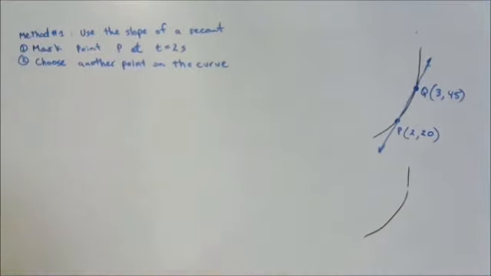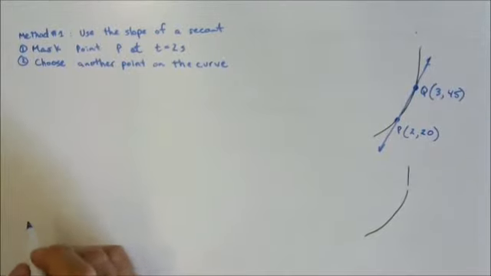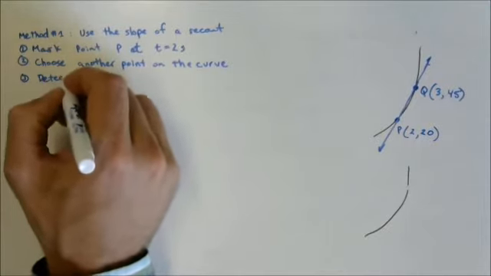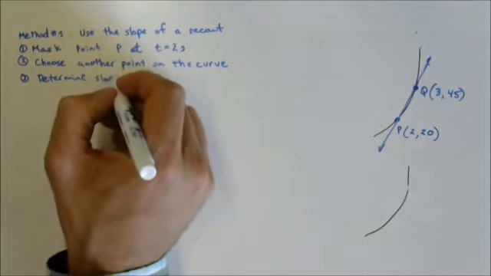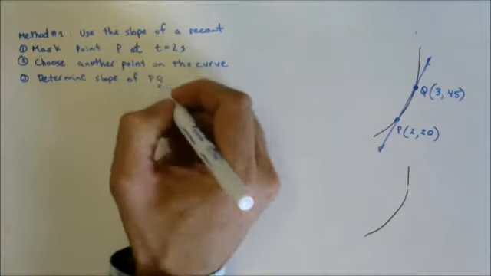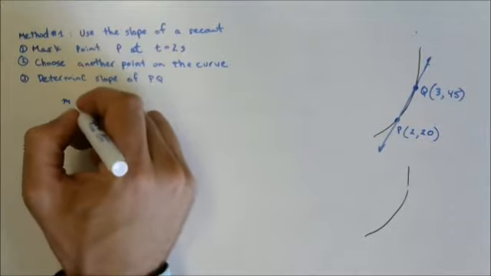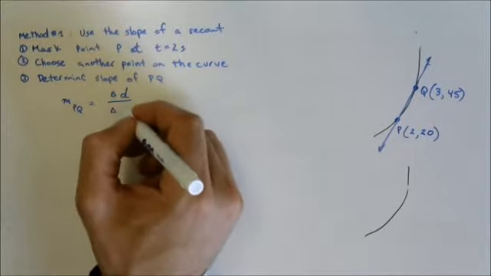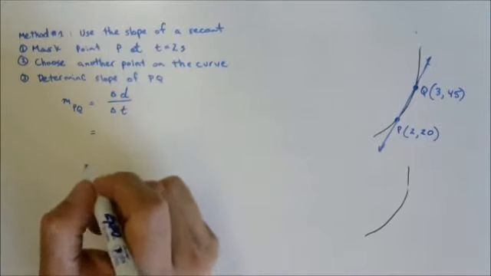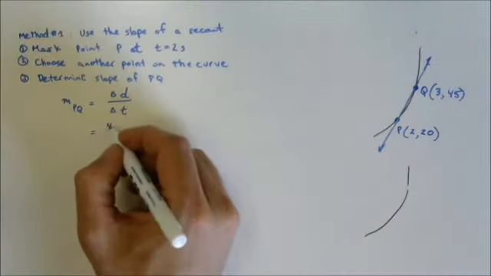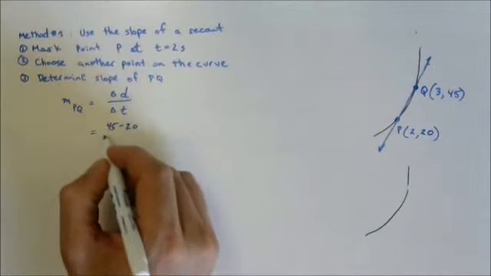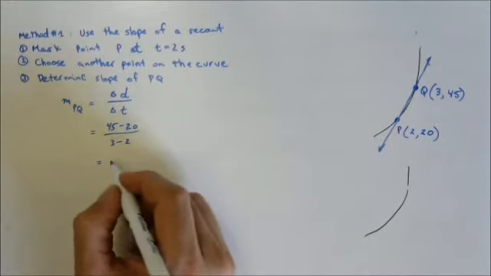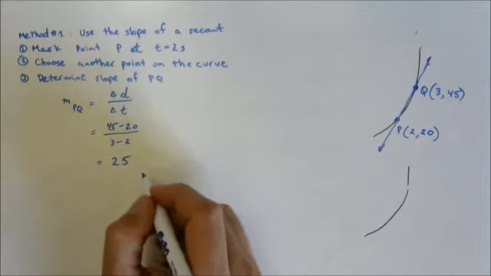Don't even really need to draw it. And then you can determine the slope of that secant line, the slope of PQ. And that's the same as yesterday. The slope of PQ is the change in distance over the change in time. The change in distance is 45 minus 20. The change in time is 3 minus 2. Therefore, we have a slope of 25,